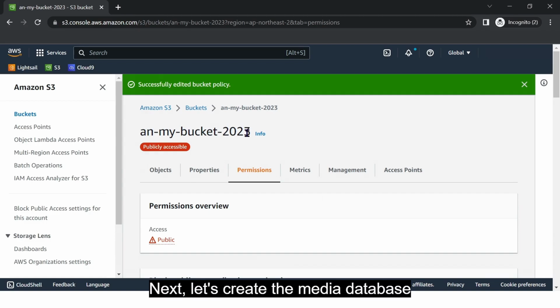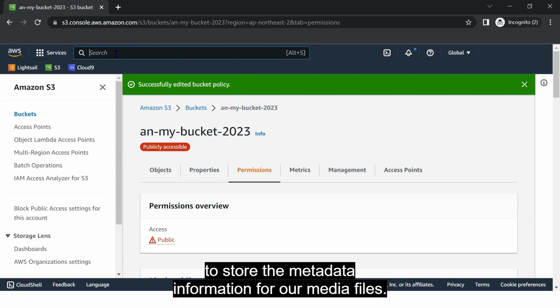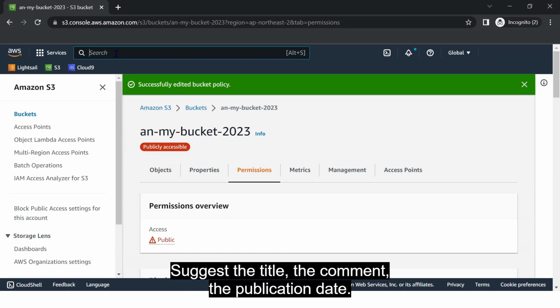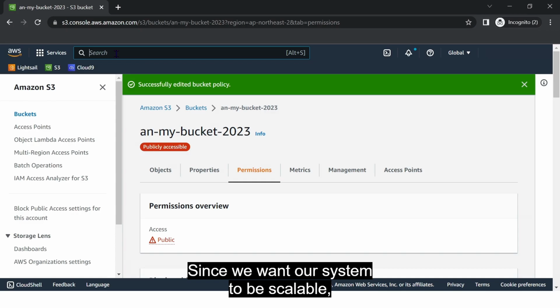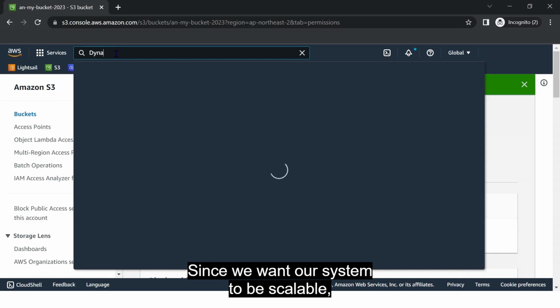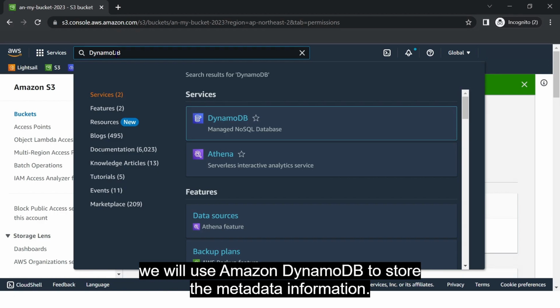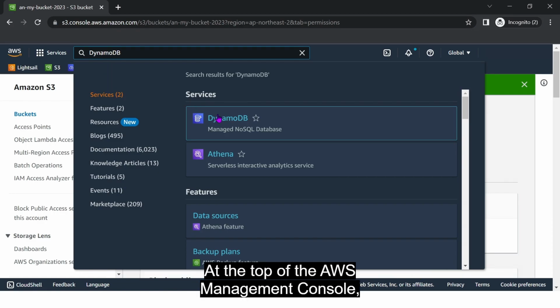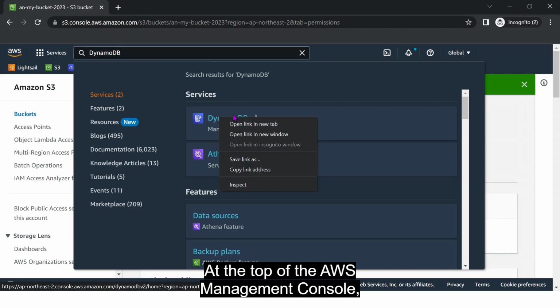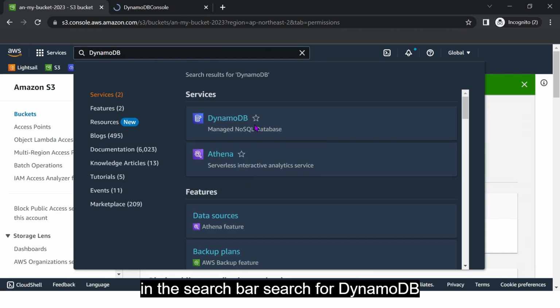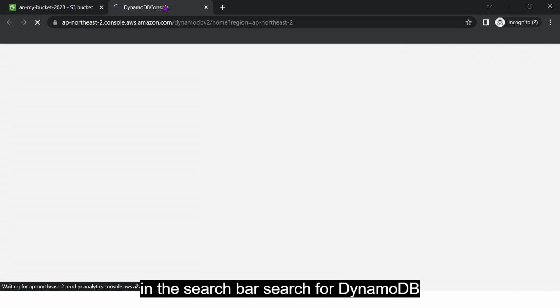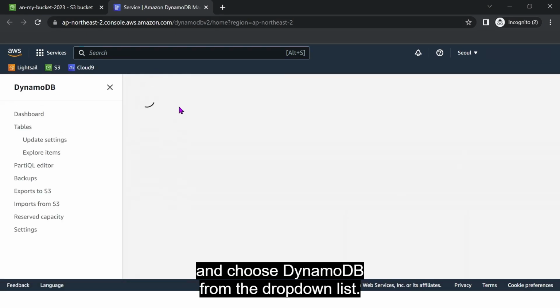Next, let's create the media database to store the metadata information for our media files, such as the title, the comment, the publication date. Since we want our system to be scalable, we will use Amazon DynamoDB to store the metadata information. At the top of the AWS Management Console, in the search bar, search for DynamoDB and choose DynamoDB